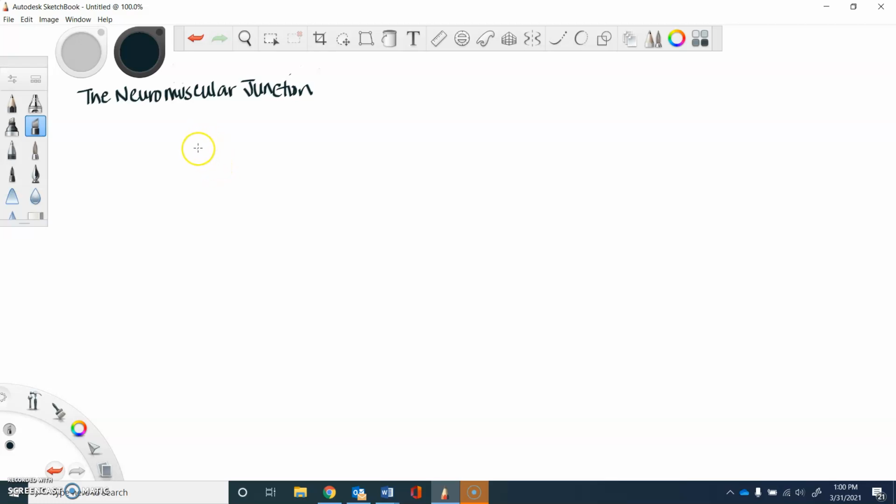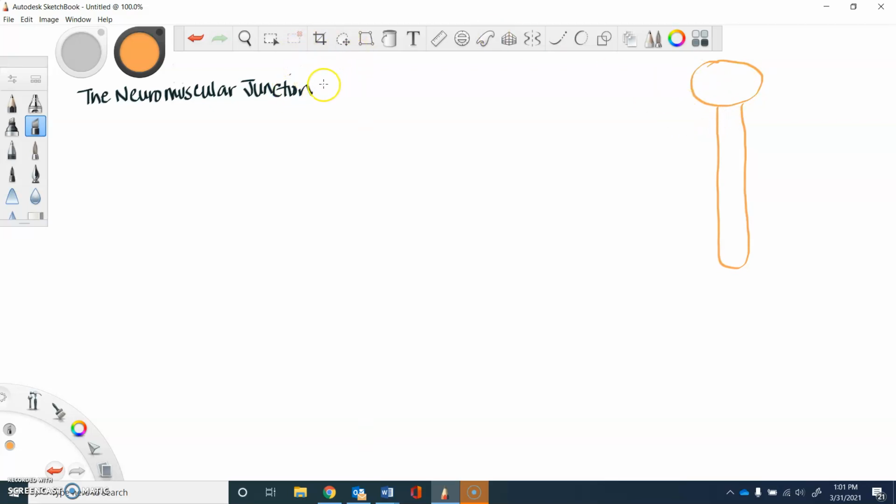To talk about muscle contraction, we've got to talk about what's happening at the neuromuscular junction. So we know that each muscle cell has a connection to the central nervous system through a neuron. So if this is the brain and spinal cord, all right, so brain, spinal cord,